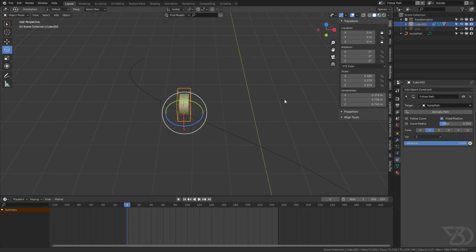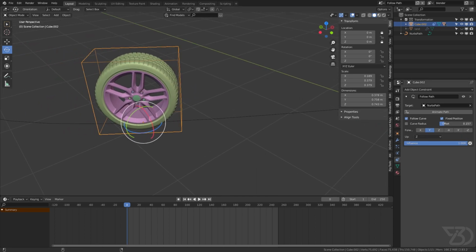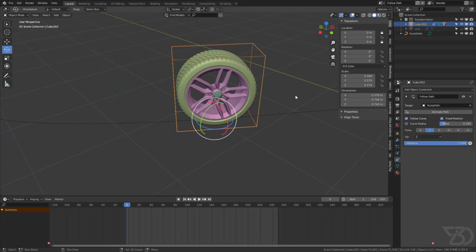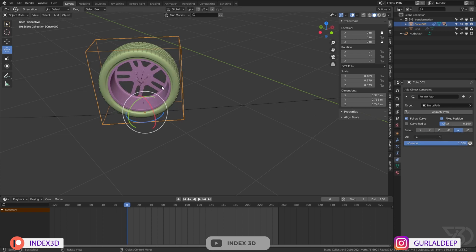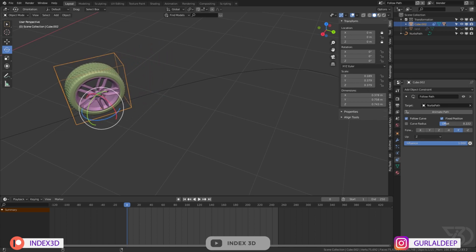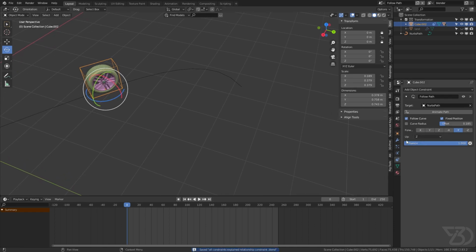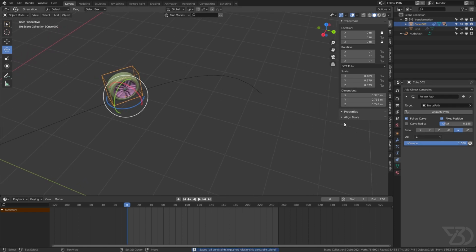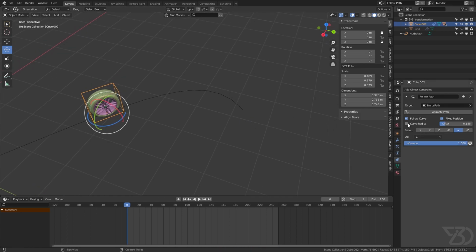So we have a few options over here, which is follow curve, so it will rotate to this area. See, now if I move this, it's going like that. So let's see if it's working or not. See, it's now rotating the opposite side, it should rotate that way. So this is why we have these values which we can define. We will have to make it -Y, and then now it will rotate perfectly like the way it should. And we have one more value, this is up, so up should be mostly Z, but we can change it if you like.